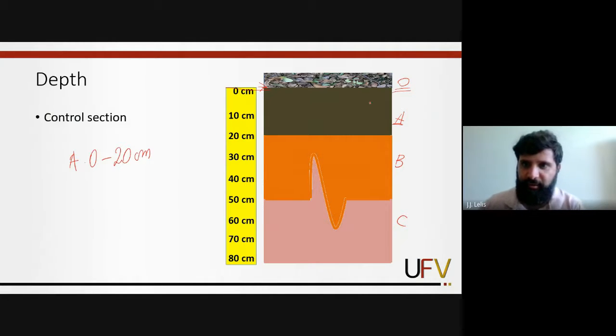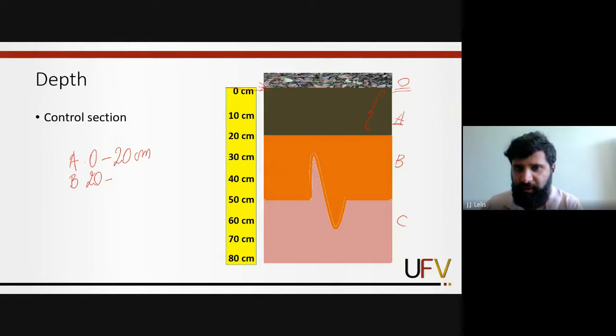Okay, this is the A horizon. The B horizon starts at 20 centimeter and ends